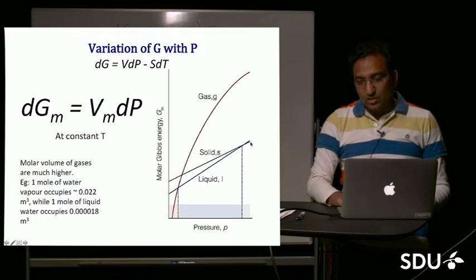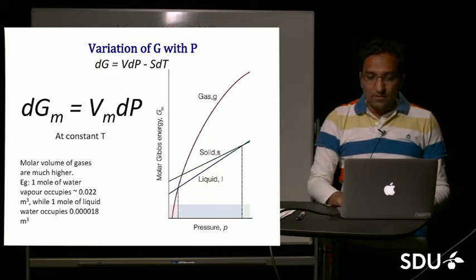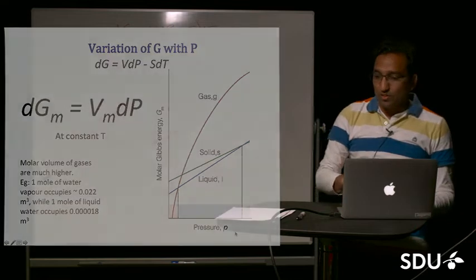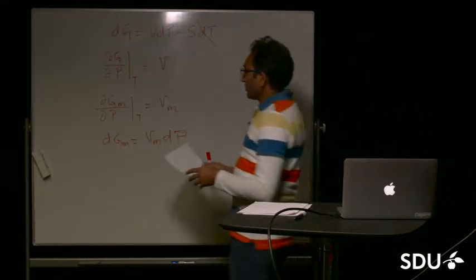the solid phase. At very high pressures, the solid has a lower molar Gibbs energy compared to the liquid. So this tells you how the Gibbs free energy varies with pressure, and we are going to see more of this equation in a little bit. So let's derive that